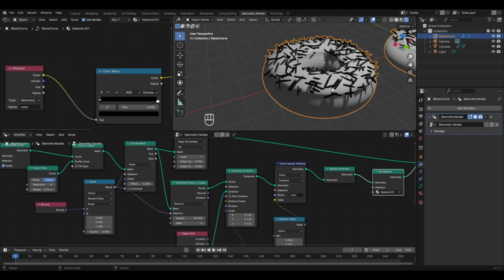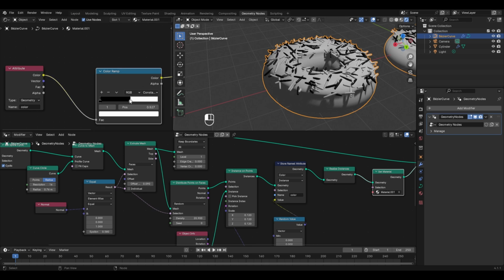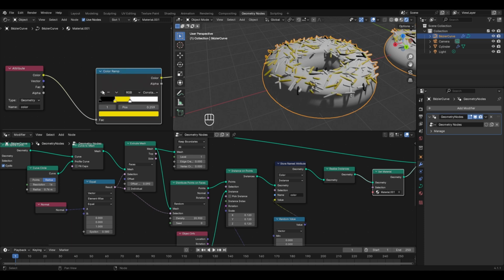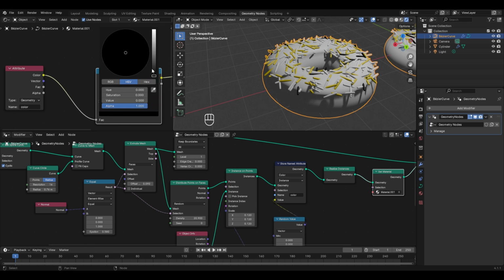Now to get different colors here, we have to use the pointers in the color ramp. For example, if I move this white pointer, now here we have some black sprinkles as well as some white sprinkles. You can even add some more colors to it by clicking on this plus icon. Let's change the color from here by increasing the brightness, and let's assign it yellow color. Similarly, let's add one more color and change it from here, increase the brightness, and this time I'll change it to pink color.